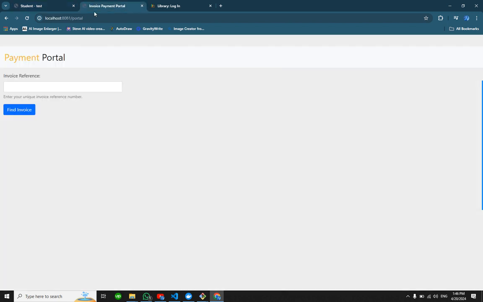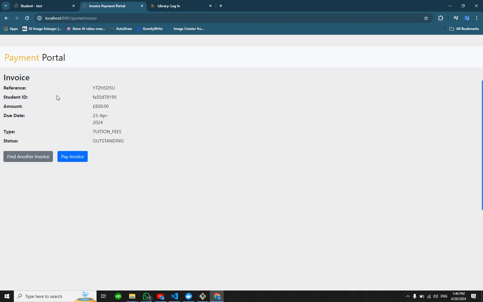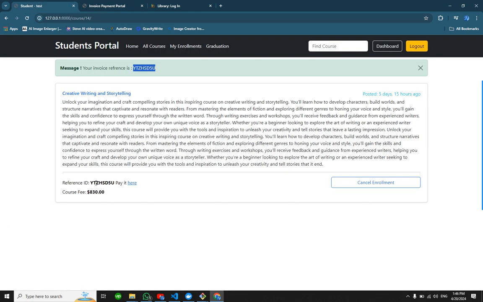Let me copy it and we can use the finance portal to check this ID. We will find this invoice and here you can see our reference ID, student ID, amount 830. Similarly here is